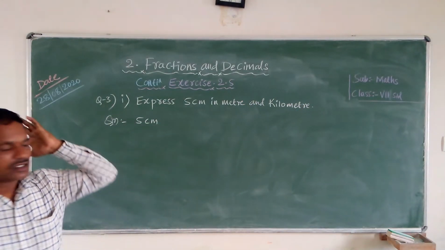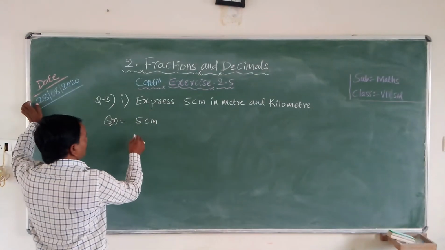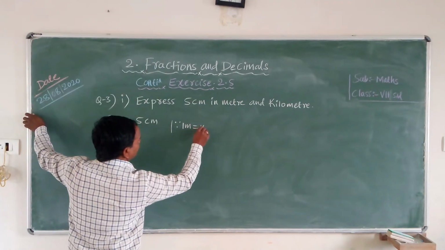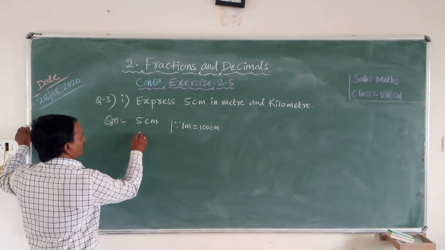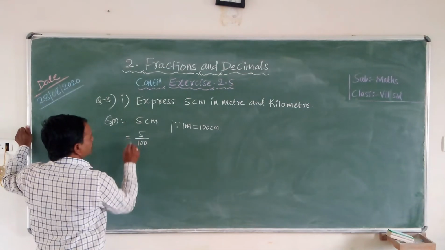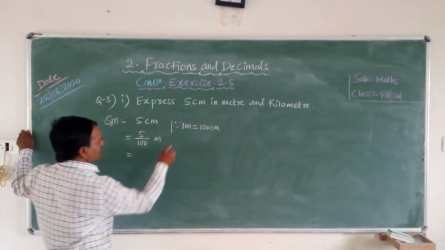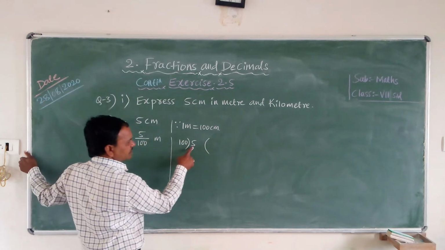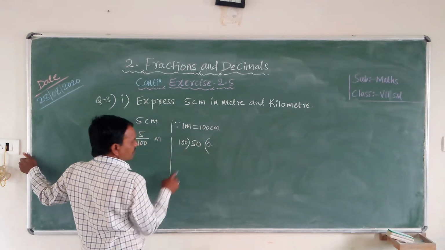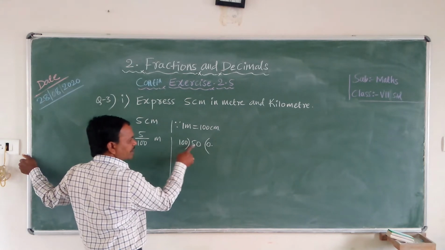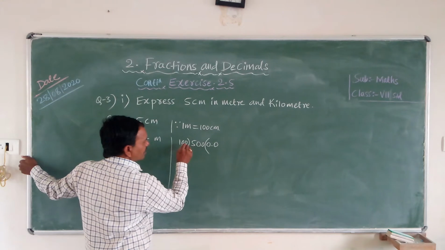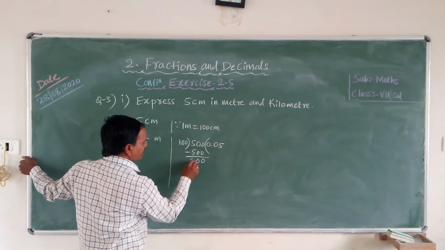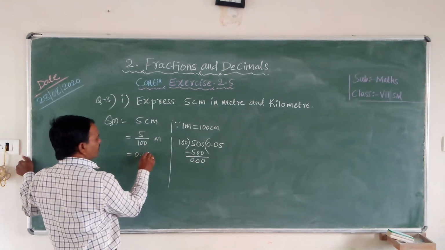Centimeter is given. So here, 5 centimeter means 1 meter is equal to 100 centimeter, my dear students. You have to divide 5 divided by 100. So meter is equal to 5 divided by 100. 100 is greater, 5 is small, so you take 0 point, here also take 0. Again 100 is there, here 50 is there. Again this is small and this is big, again take 0. 100 5s are 500, minus, 0, 0, 5 minus 5, 0. Now this came 0.05 meter.